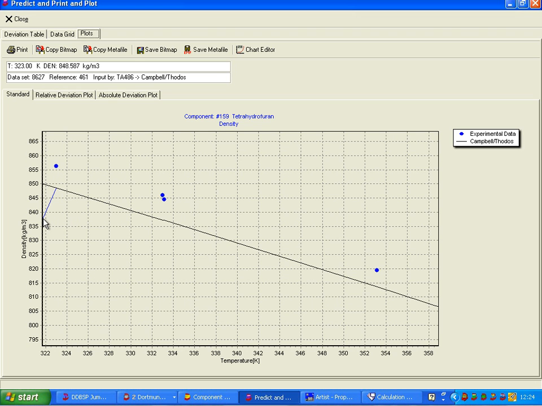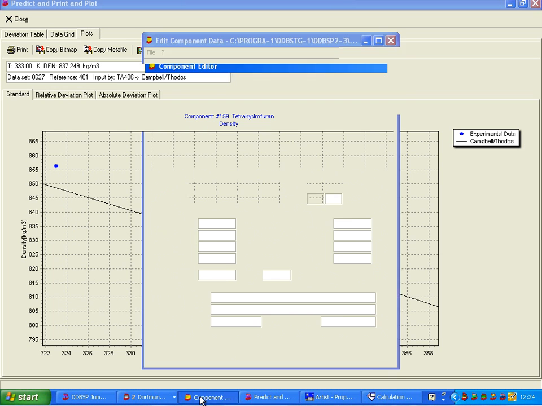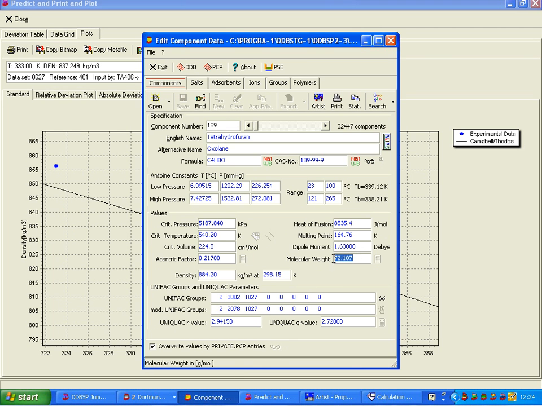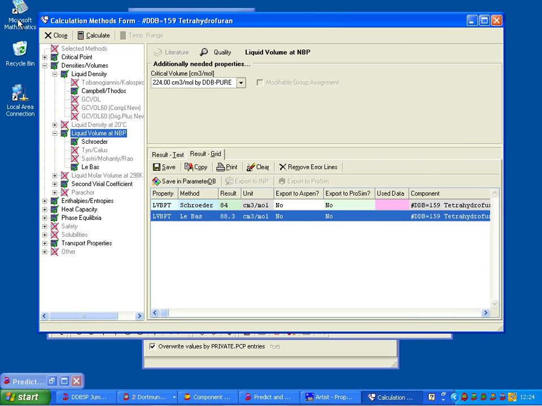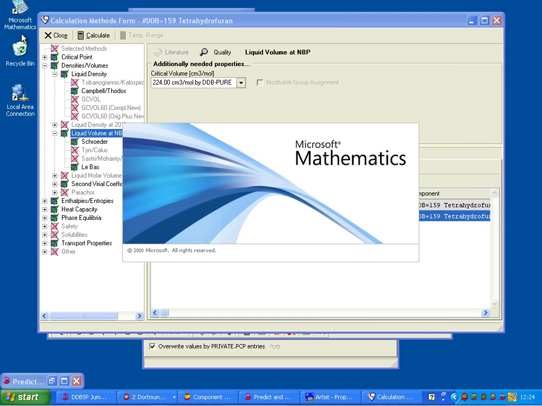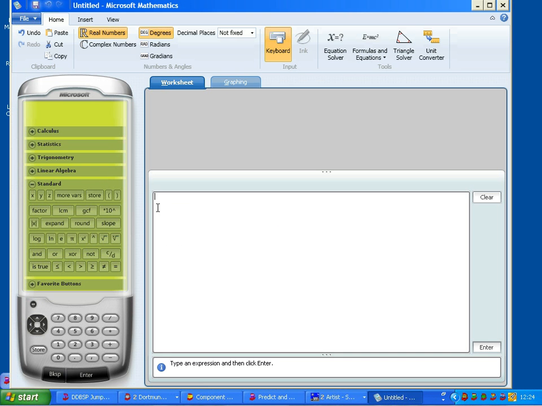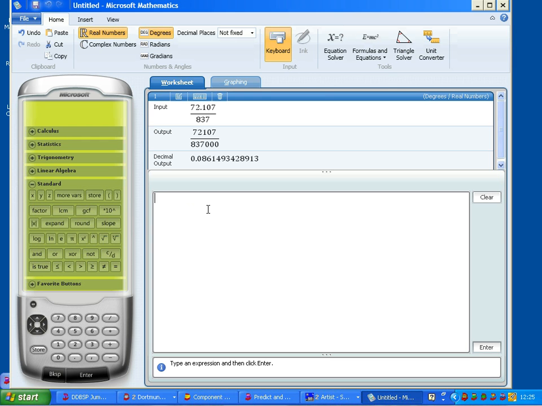Now, how do we convert them? We should divide the molecular weight by this number. The molecular weight we get again here from the component, which is 72.107. I copy that. Now we need a small calculator. There's a free tool by Microsoft Mathematics. And now we take the molecular weight and we divide it by this 837, and the result is 0.086, and